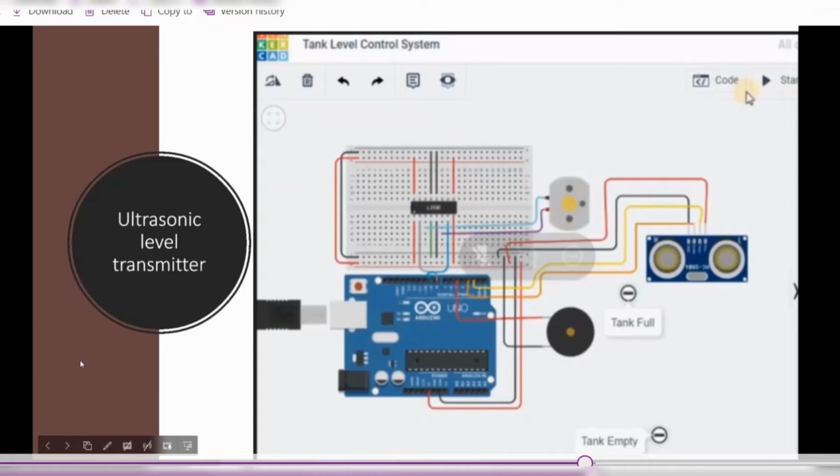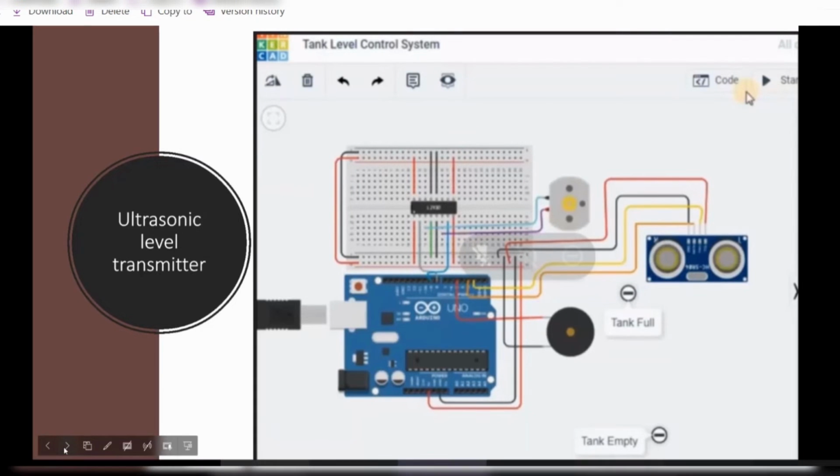Okay, so this is another kind of setup for measuring the water level using an ultrasonic distance sensor and a microcontroller, Arduino in this case. The principle of this setup is very simple. The distance sensor is fixed on the top lid of the water tank so that it can measure the depth of the water surface and feed it to the controller, which can then do whatever it is programmed to do, like switching the motor, that is the water pump in this case, on and off, or setting the alarm off and on, etc. So this project can serve majorly three purposes, that is monitoring, control and alarm.